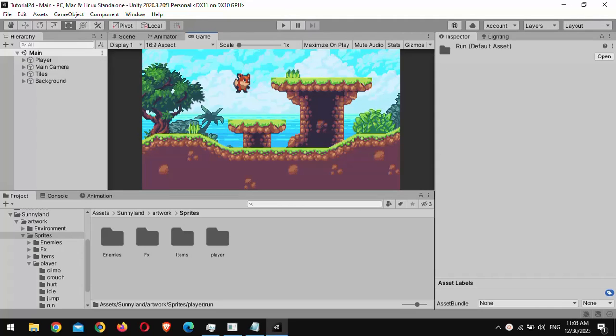Hello everyone, and in this video I'm going to show you how to make an animation for our 2D character. Now there are different ways to do this, but the one I'll be using is going to be the sprite sheet animation. Simply, we're going to have a set of images represent our character